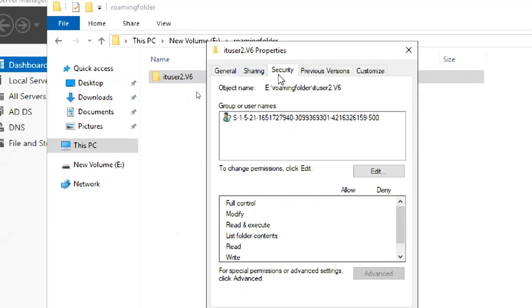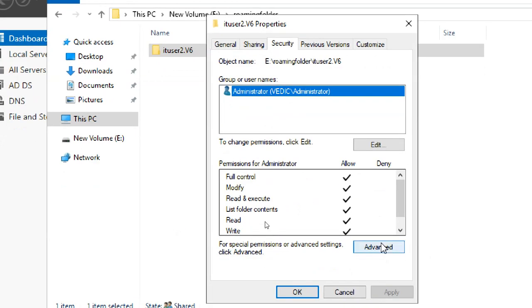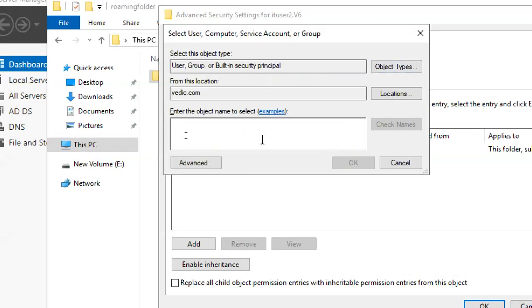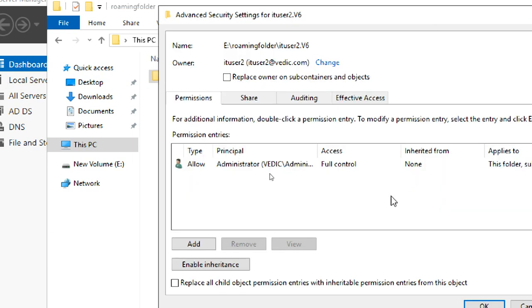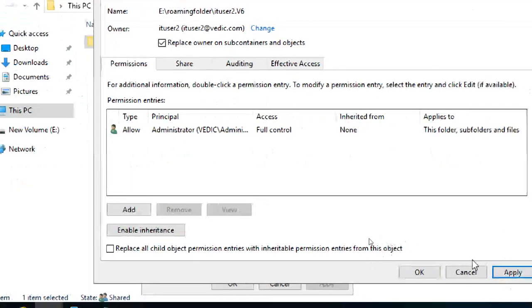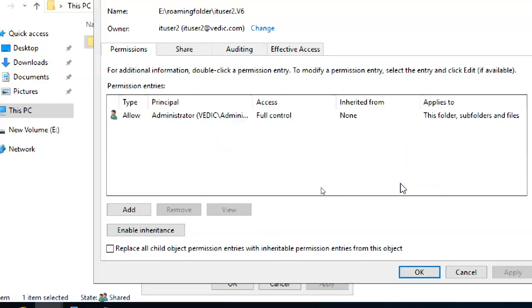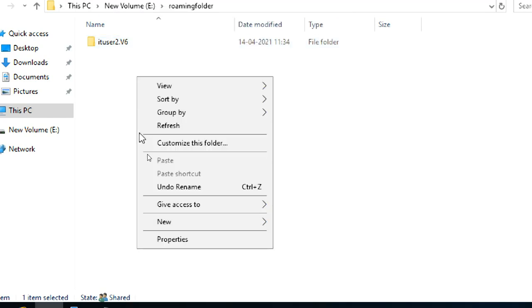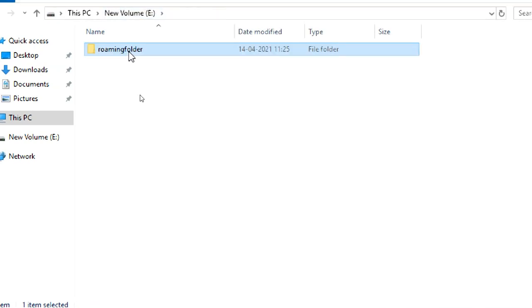But the problem is we changed this one, and that's the problem. Try to reset it, but I don't know.